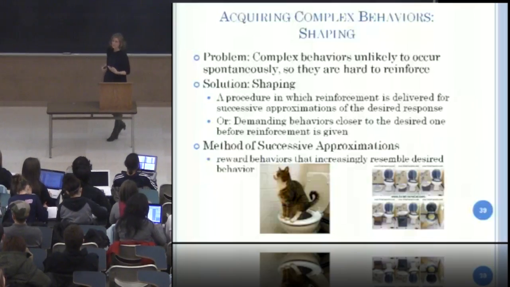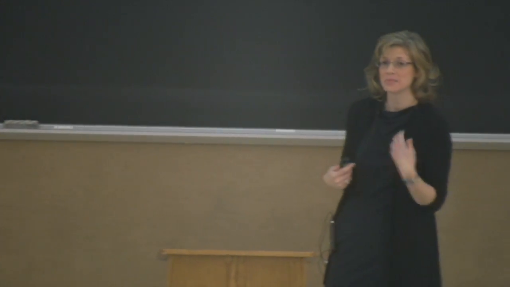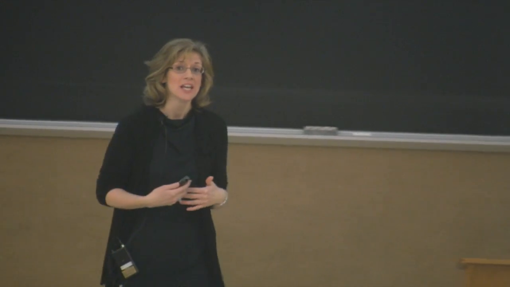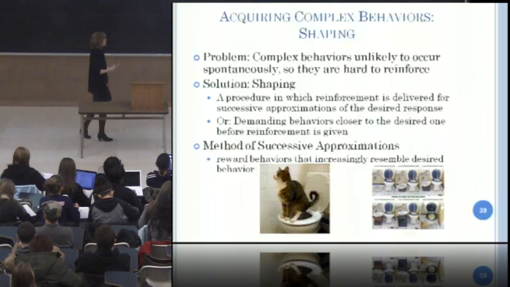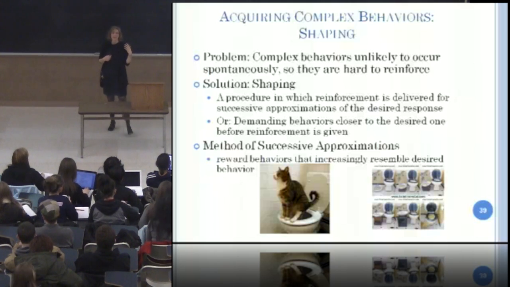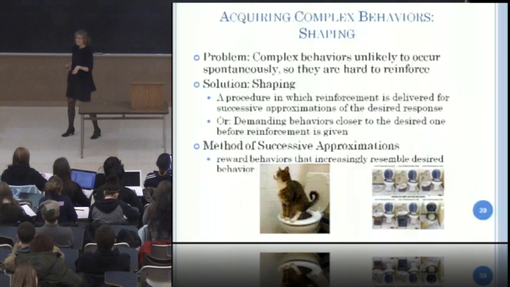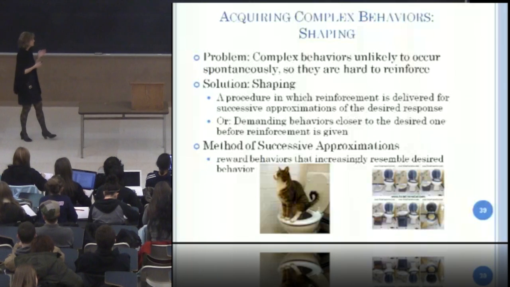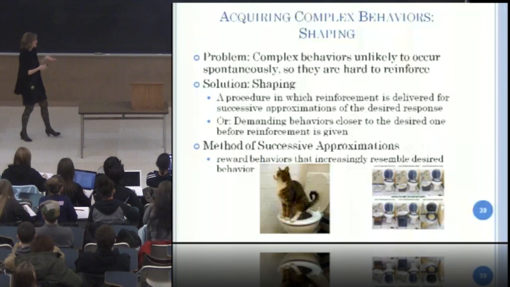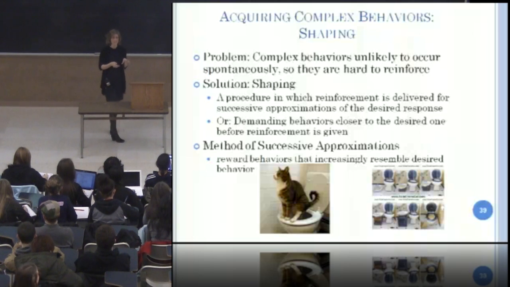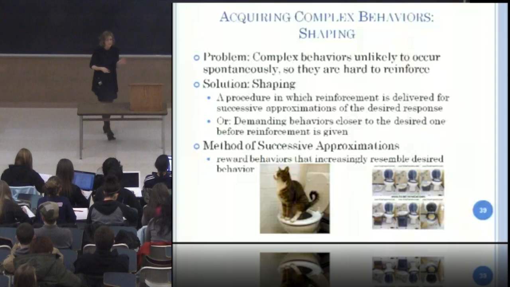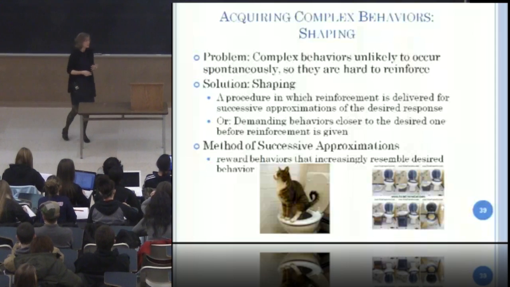With shaping, you use something called a method of successive approximation, where you reinforce a behavior in steps. You reinforce the behavior in steps until you get closer and closer to the actual desired behavior. So you can't just plop a cat down on a toilet seat and expect it to use a toilet. You have to train the cat. You can't just automatically assume they're going to understand, no, you were using a litter box yesterday, but today I want you to use the toilet. There are actually many steps you have to go through.